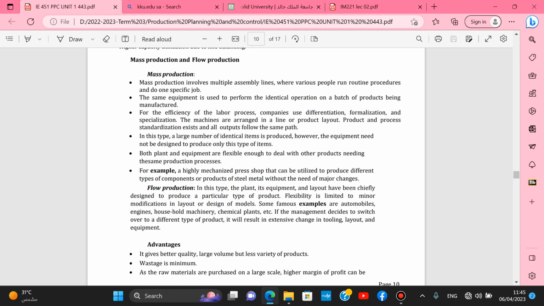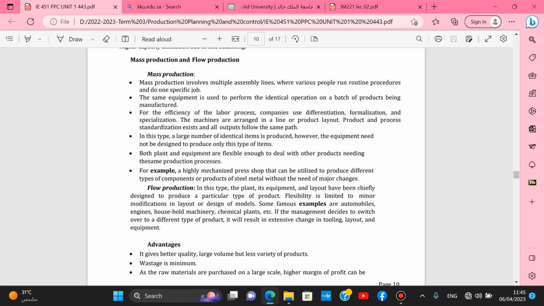Okay? Flow production, in this type the plant, its equipment and layout have been chiefly designed to produce a particular type of product. Flexibility is limited to minor modifications in layout or design of models. Some famous examples are automobiles, engines, household machinery, chemical plants, etc. If the management decides to switch over to a different type of product, it will result in extensive change in